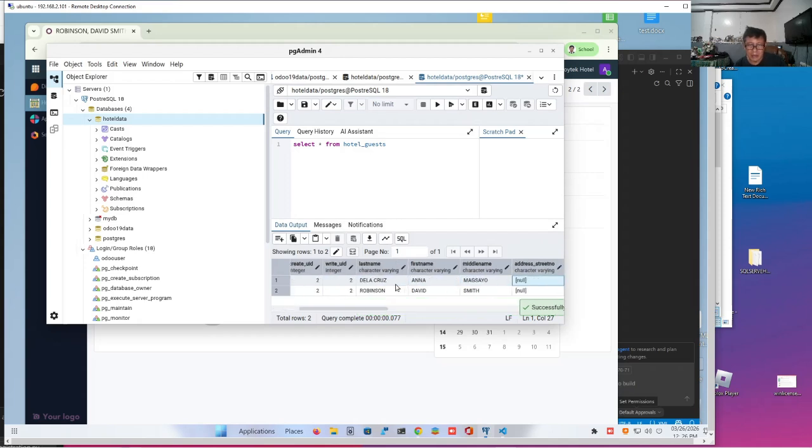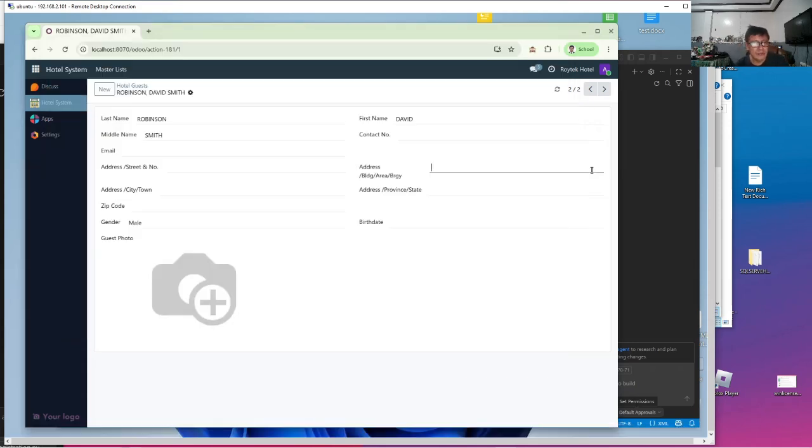Take note, we don't have a full name, a concatenated name. It's a computed field. It's not saved in the database. Even photos are saved separately, not in the database. There's a way to save it in the database as a column, but it's not suggested because it will slow down the retrieval of the data. We'll show that later, how to include small images into the columns in a table. So that's all for the moment.